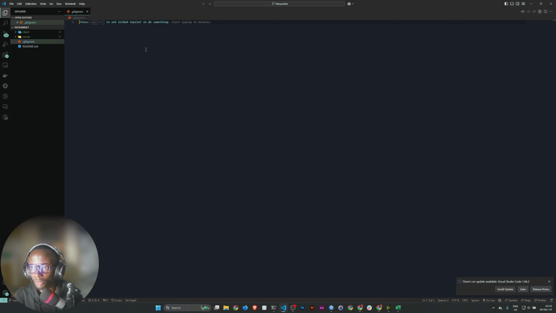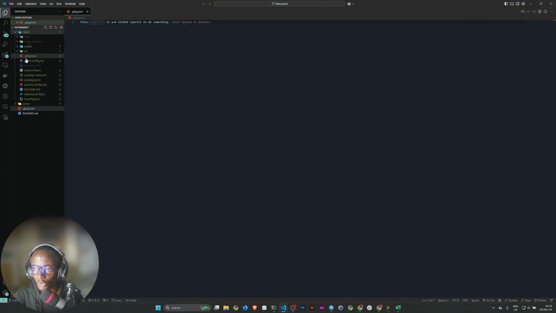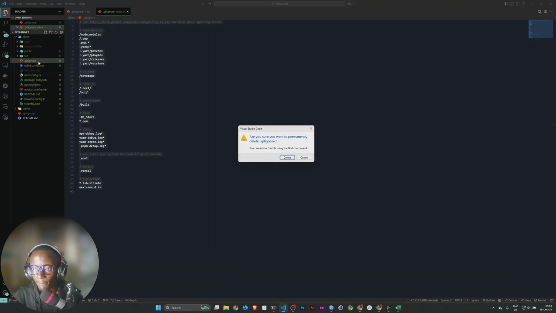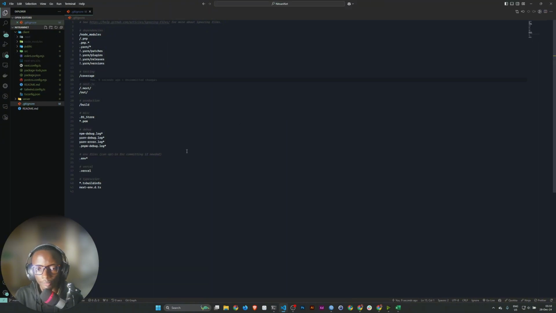So the git ignore, I'm going to add the node modules folder. The .env, actually what we can do is we can copy the contents of this, then bring them over here, save, and now we don't need the one that's created by Next.js.